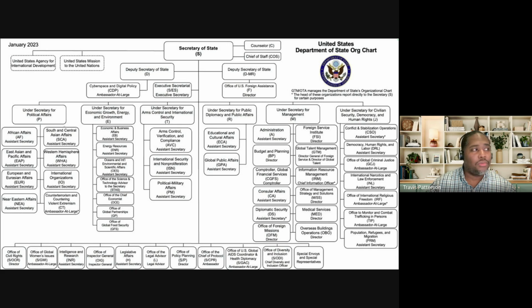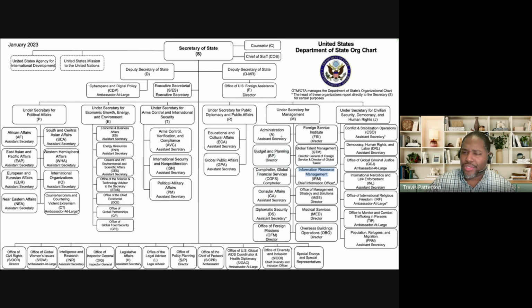And so you'll see here that I'm just going across now. Global public affairs, administration, budget planning, controller, global finances, consular affairs, diplomatic security. All these are really, really great. These are essentially departments, if you want to look at it like that. So each of these are like the primary cones or departments, but underneath,